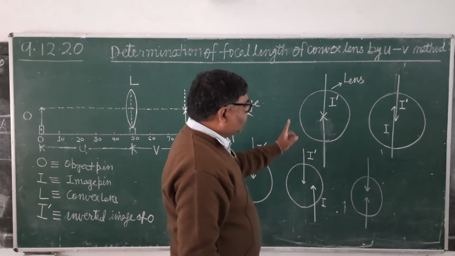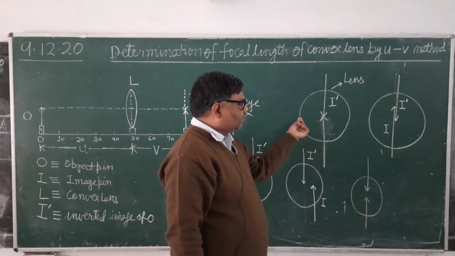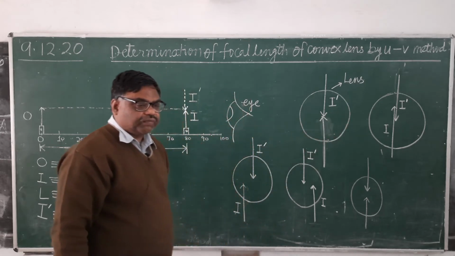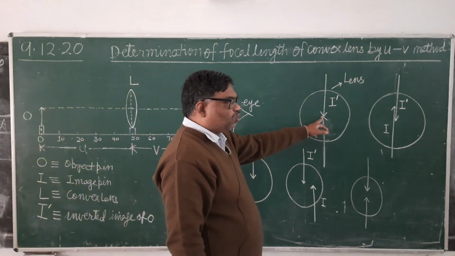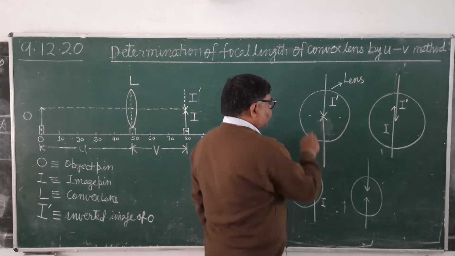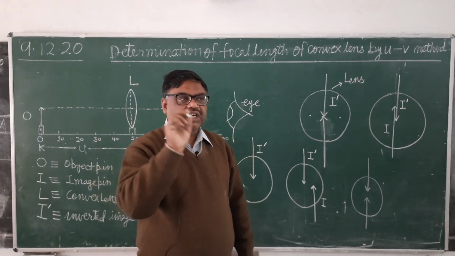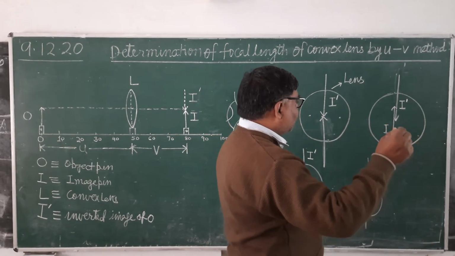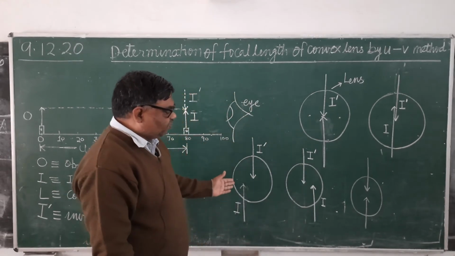Now if you change your focusing within the field of view of the lens, if you focus at some other point, suppose at this moment you have focused at the center, and now your eyes are focused at this point or at this point. Means if you change your line of sight, अगर हम अपनी line of sight को change करें, अभी line of sight कैसी है? This is. It's clear. Now the line of sight is this. You are observing at this point. So once again you will find that they will be separated.